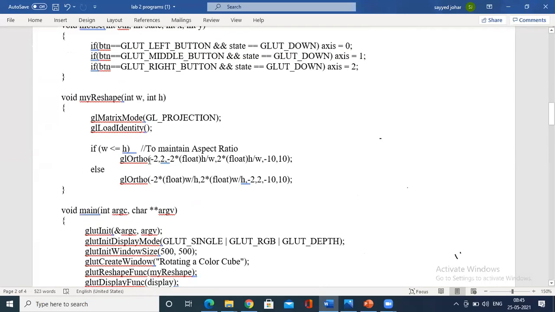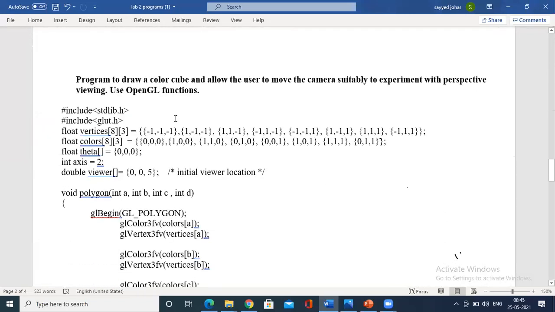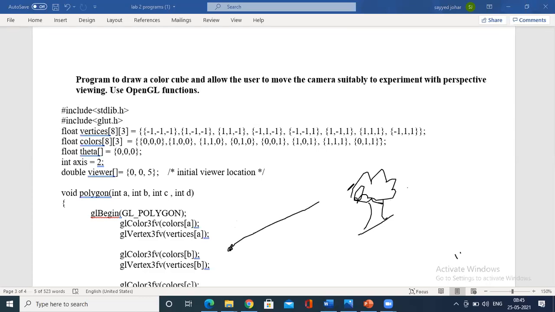mouse functions. So there is one more program that is called perspective. Remember, this is very important, though I have not covered the concept of viewing. What is the meaning of perspective view? You know it. Perspective view is nothing but, imagine you have a tree. Okay, you have a tree, right? So what happens is, when you view from this point, see the focus of this particular tree on a particular area, so this will be the point.